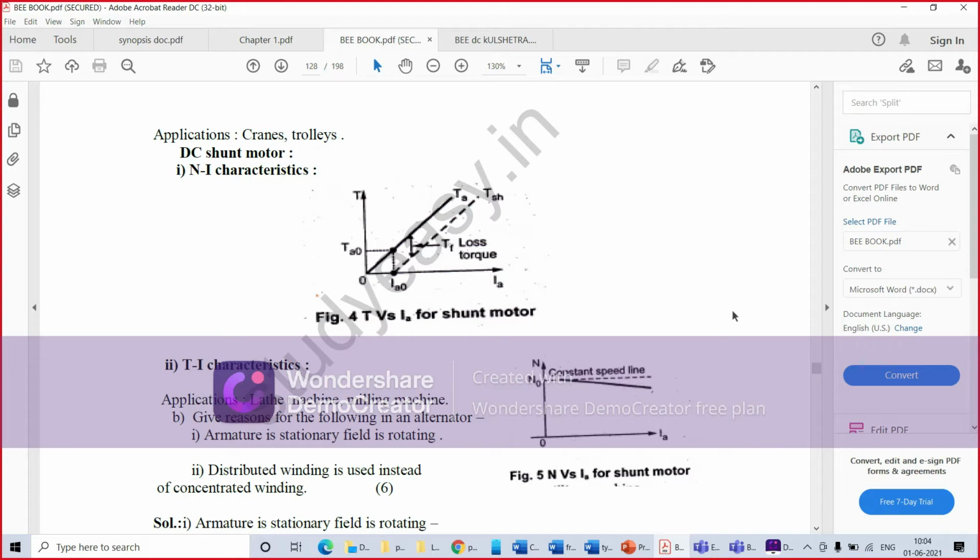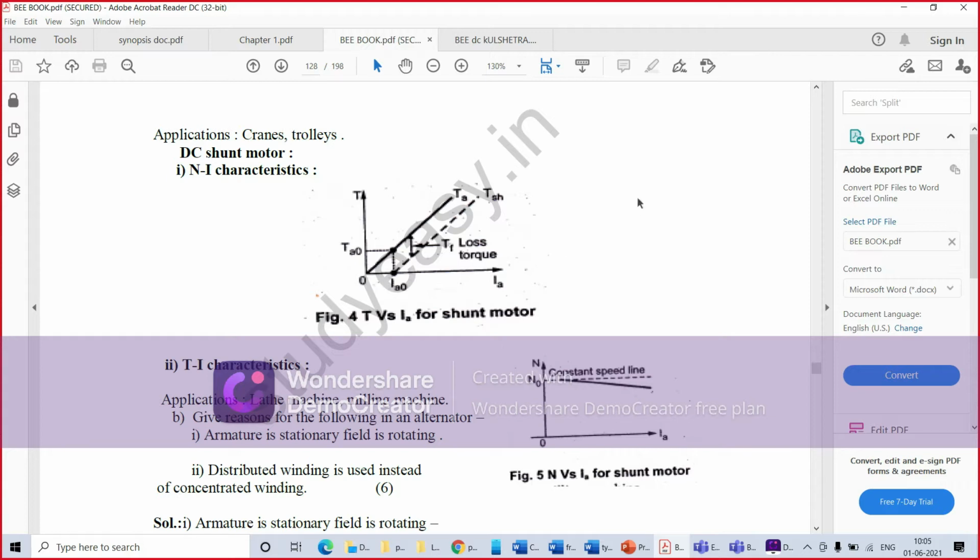ठीक है, तो यहाँ पे जो शंट की दे रखी है for your syllabus, आपके syllabus में दे रखा है कि आपको क्या करना है, ऑपरेटिंग कैरेक्टरिस्टिक देखनी है. किसकी देखनी है? सेपरेटली एक्साइटेड मशीन की. सेपरेटली एक्साइटेड मशीन की जो कैरेक्टरिस्टिक्स होती हैं वो सेम होती हैं आपके डीसी शंट मोटर की कैरेक्टरिस्टिक की. And the reason is, in both the machines the field is supplied from a constant voltage. That's why we get the same characteristics for them. ठीक है, that is the reason.